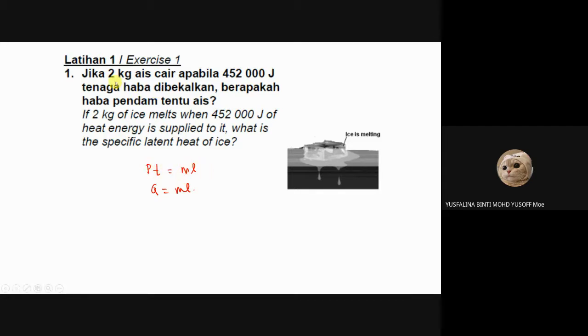For this question, the mass is 2 kg, and then the Q here is